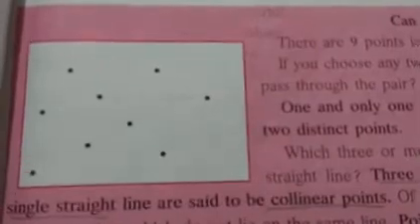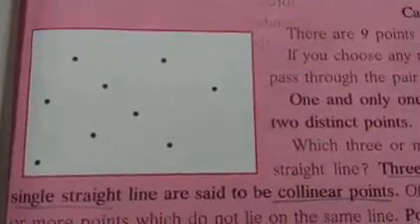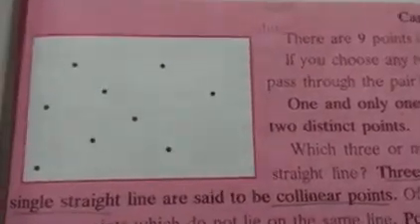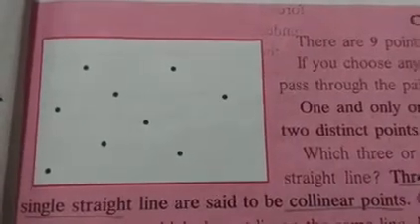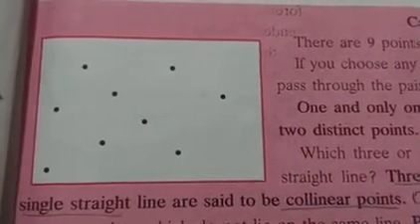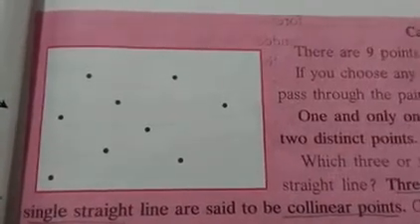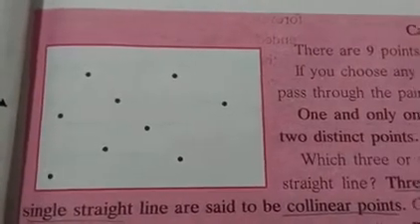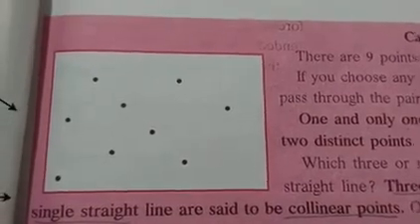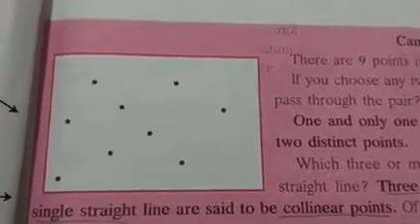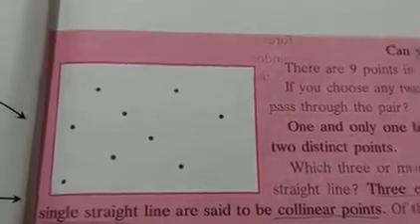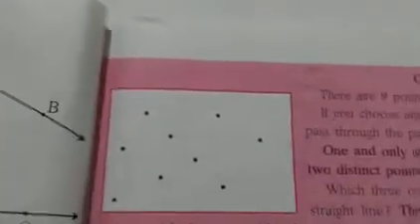Now we are going to learn collinear points. For this, on your page number 3, we have a diagram like this which contains a few points. Now, if we see, they are not in a single line, that means we are not able to draw a single line which will include all of them. Okay, but still we have a few from which we can draw a line. I will draw the same points on the board to show you this.